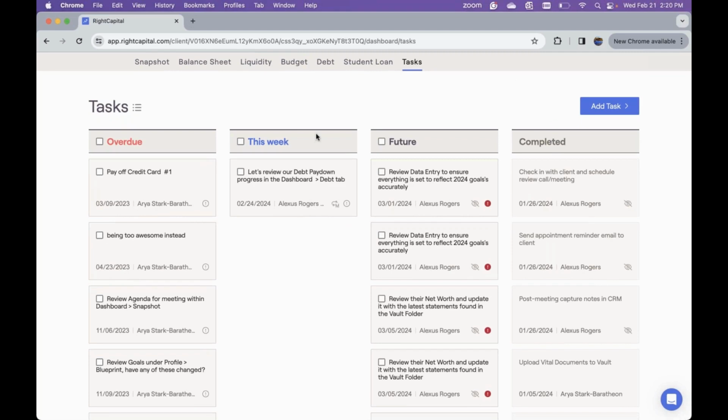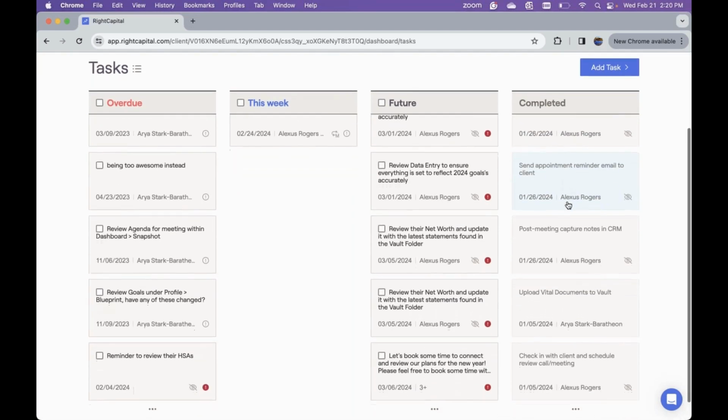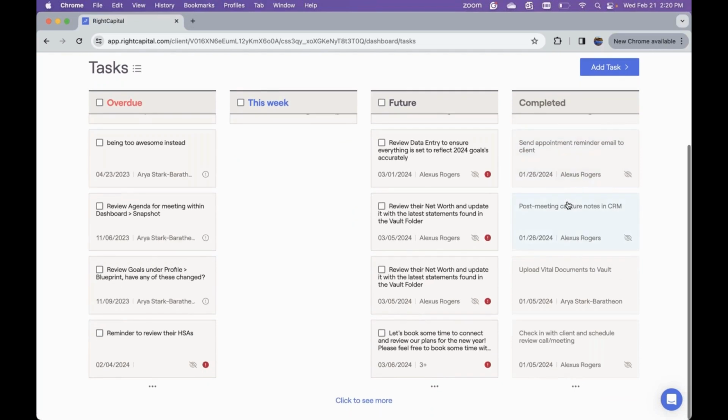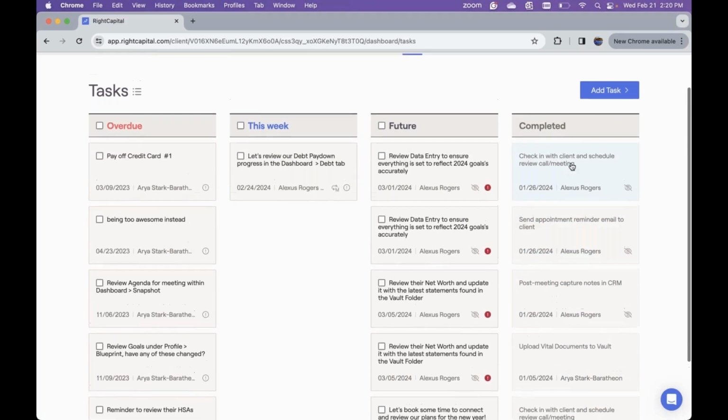From here, we can check in to see what tasks are overdue, what are due this week, what's upcoming, and what's already been completed. So especially as we have those beginning-of-the-year conversations, if we wanted to review all of our progress since we've been using RightCapital together, we can have that check-in conversation to show exactly everything we've completed